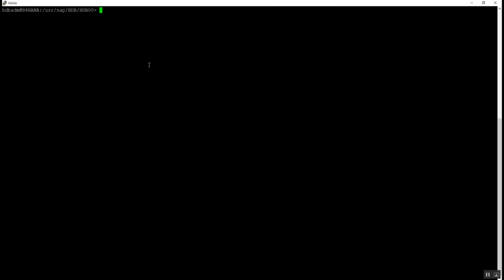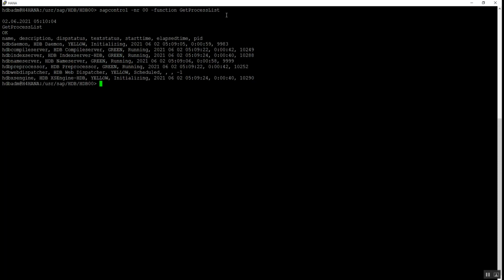So what we will do is use the sapcontrol command: sapcontrol, then -nr for the instance number, then -function GetProcessList. In GetProcessList the G, P and L are capital and it's necessary, otherwise the command will not run.